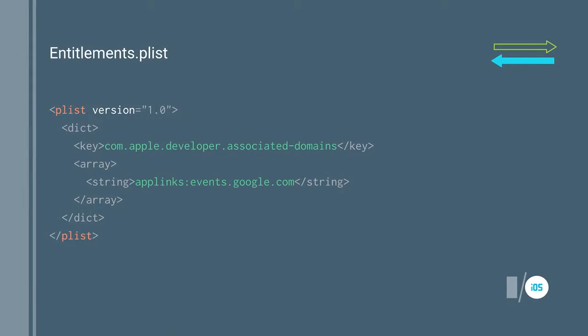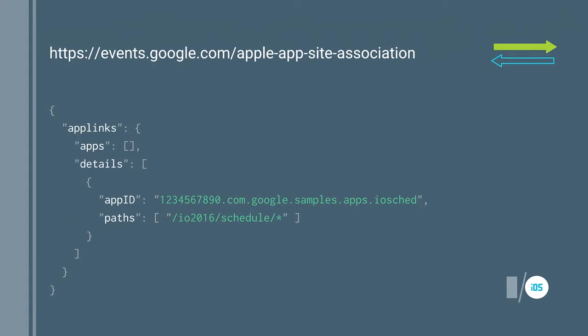On the iOS side, we have something called entitlements as part of the app itself. And again, that's where you would refer to the domain for which the app can handle URLs. And on the server side, again, a small JSON file, different one, but similar in spirit, where you point back to the iOS app by iTunes ID. Again, a fixed, predefined path on your website where this goes.